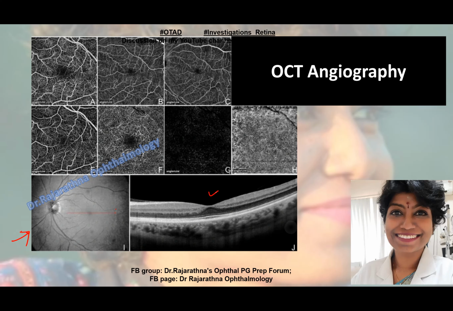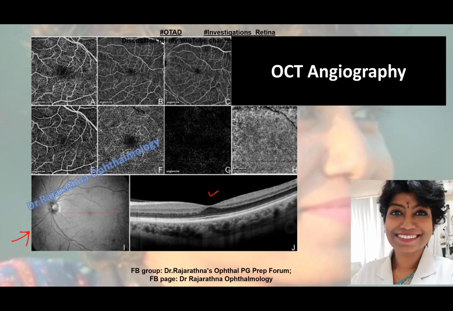Okay, and these two plexuses are derived from your central retinal artery, because you all know that it supplies the 2/3 of the retina. Which 2/3 of the retina? The inner 2/3 of the retina. Now what supplies the outer 1/3 of the retina? The outer 1/3 is supplied by the choriocapillaries. So by diffusion the blood enters. Okay, the nutrients and the oxygen, everything enters. So here if you see, F is showing the deep capillary plexus.